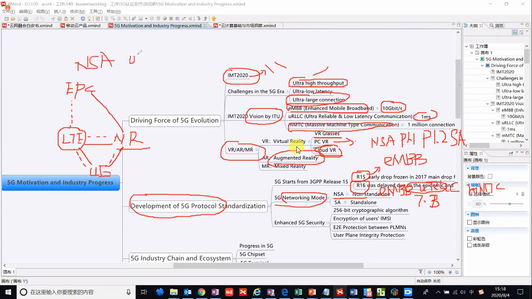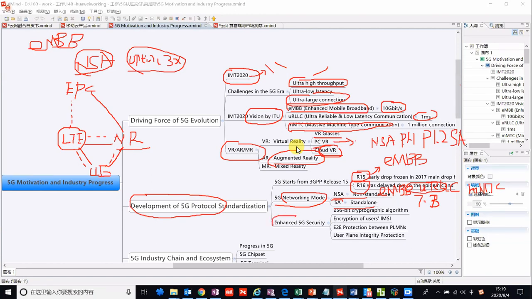Actually, it's option 3X. Now, like in China, the operator deploys NSA using this option 3X. And for this mode, it can only support eMBB scenarios. For SA, standalone can support eMBB, URLLC, and mMTC.